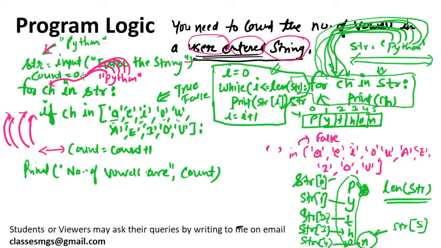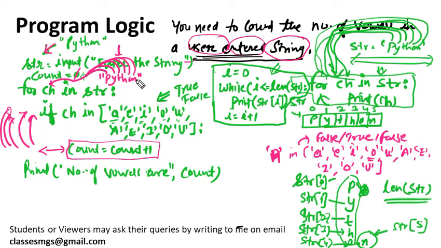and then whether o is there in the list, yes, o is there in the list, this time true will be returned, and if it is true, we are going to execute this line, and this will increment the counter by 1. So your count will become 1 from 0, and again this loop will execute till we get each character, this loop will continue. Next time n will come, whether n is there in the list, no, false will be returned, and then this line will not be executed.